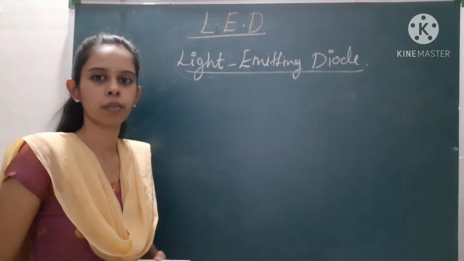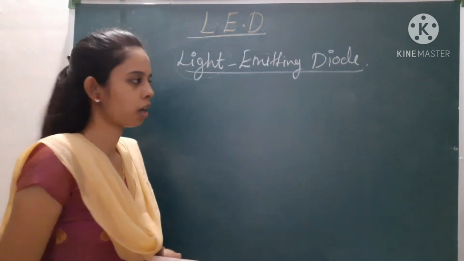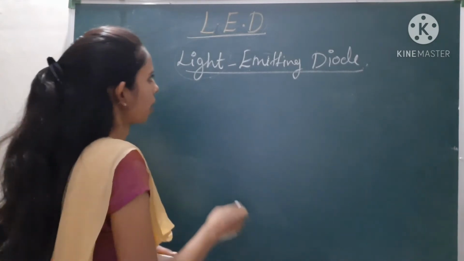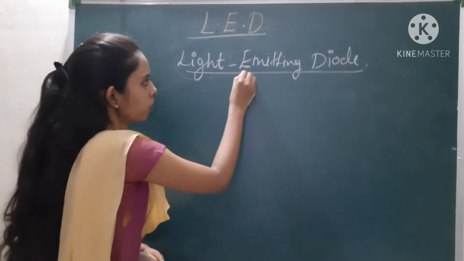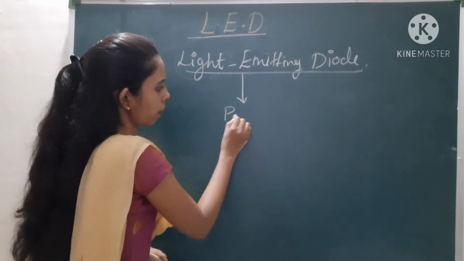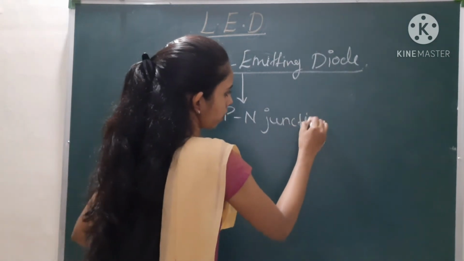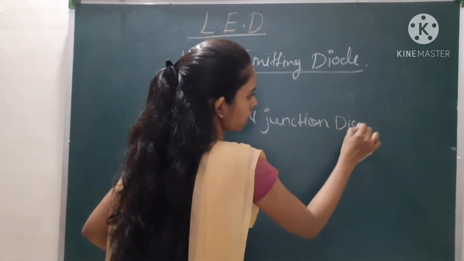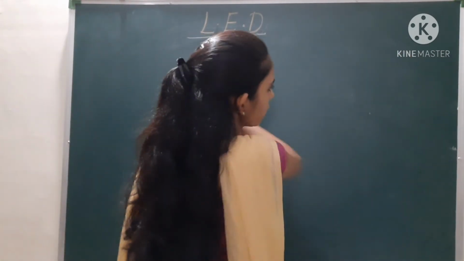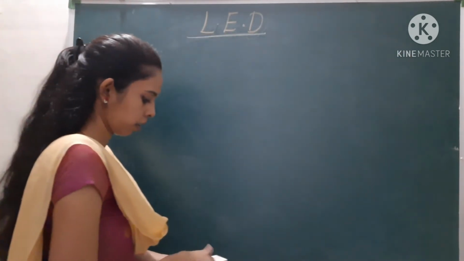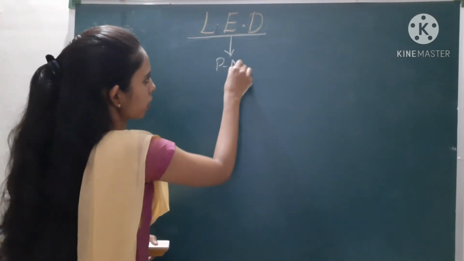There are many types of LEDs available, that is, different colors of LED are available, which we are going to see afterwards. But let us see how this LED is constructed. This LED uses a PN junction diode. Let us see the construction of LED. First of all, it uses what? A PN junction diode,